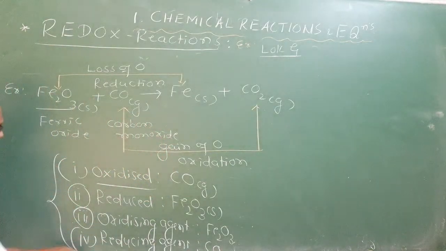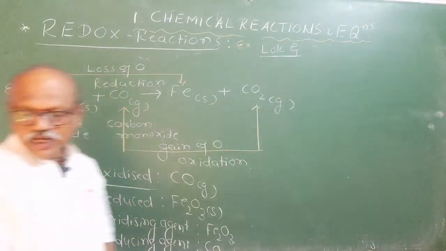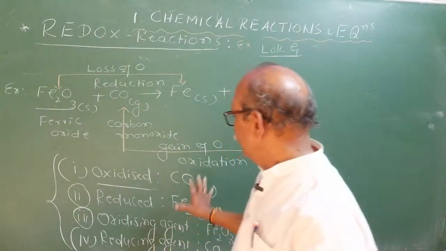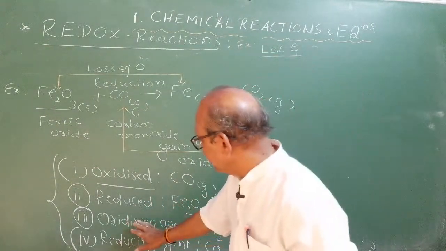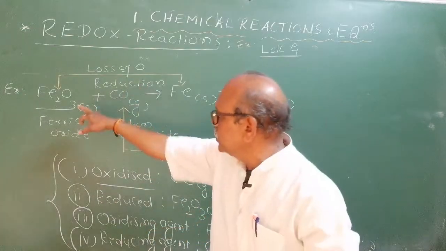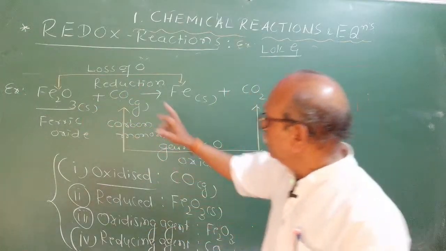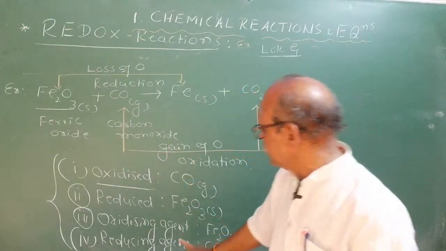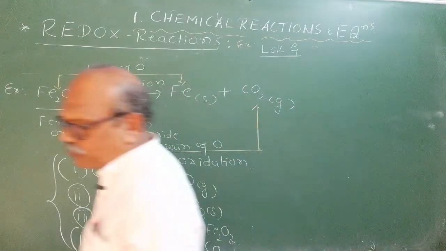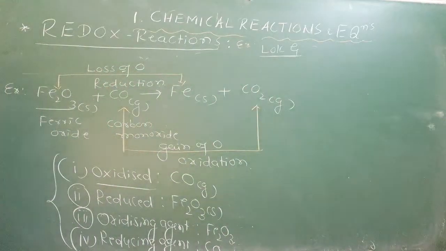If you write these questions, you will score marks. I have seen number of students unnecessarily get confused. You have my idea. Oxidizing agent is the one which itself undergoes reduction. Which is undergoing reduction? Ferric oxide. Reducing agent is the one which itself undergoes oxidation. I hope the points are clear to you. Okay. Now,